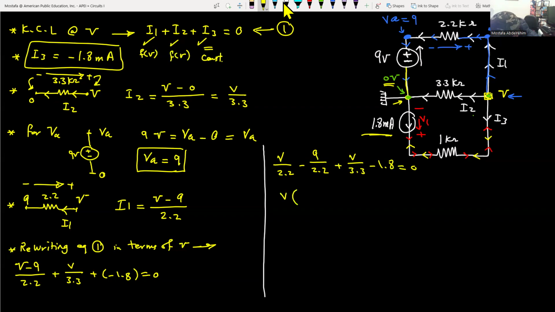So V, take V as a common factor from that term and that term. That will end up 1 divided by 2.2 plus 1 divided by 3.3, minus 9 divided by 2.2 minus 1.8,